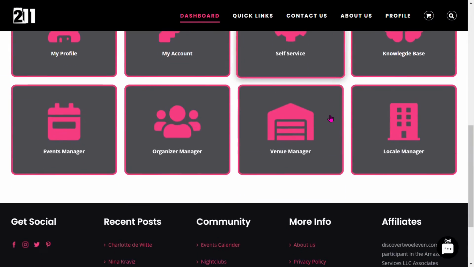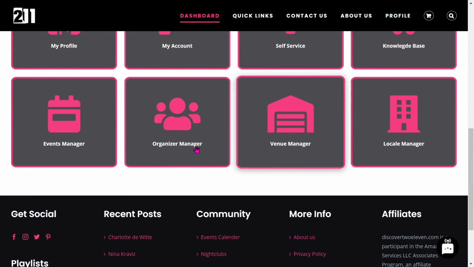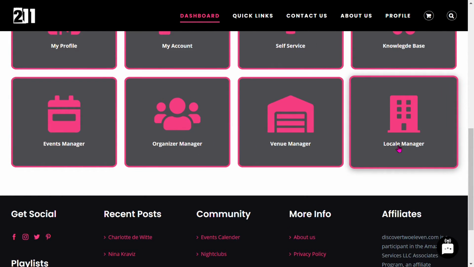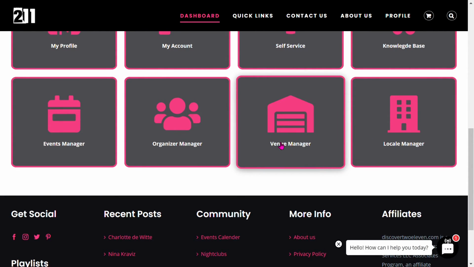Venue Manager, it works just like Organizer Manager. There is definitely a difference between Venue Manager and Locale Manager. I know it's a little bit confusing, but Venue Manager is basically just like Organizer Manager except with venues. If you work with a venue on a regular basis or a nightclub on a regular basis, you can definitely add that nightclub here. It will not be added to the nightclub's directory, but it'll be added to your personal